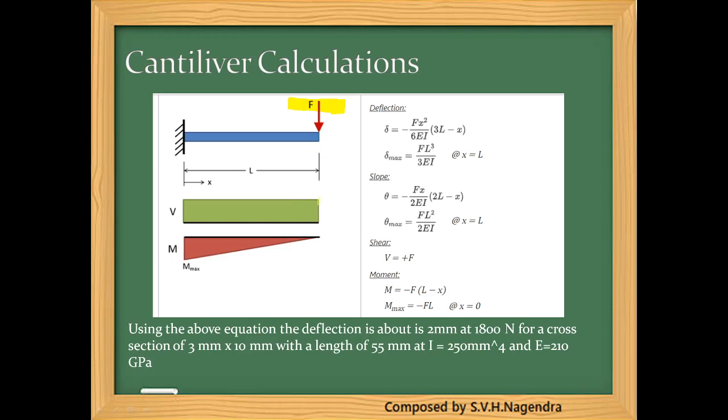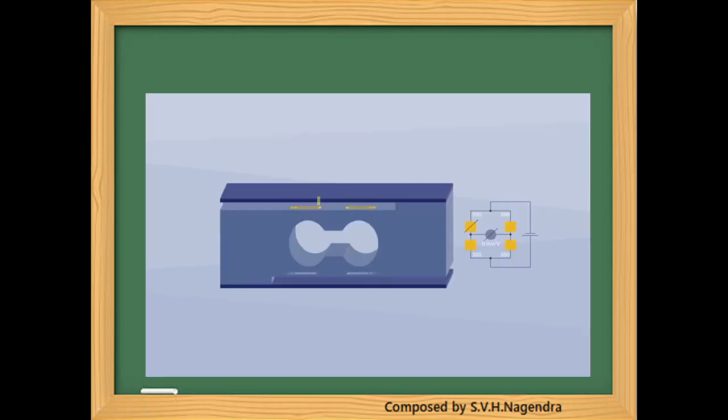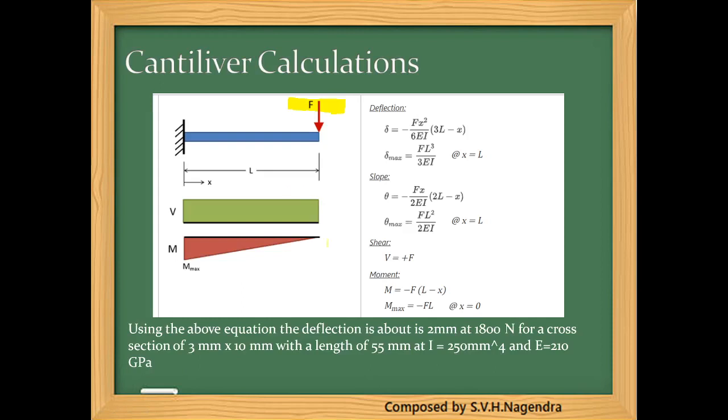And then I'm going to use this formulation to get the deflection. The deflection I am getting is approximately 2 mm here. After doing the calculation, the value will be 1.9 something. And this condition is actually replicating the bending type of load cell.